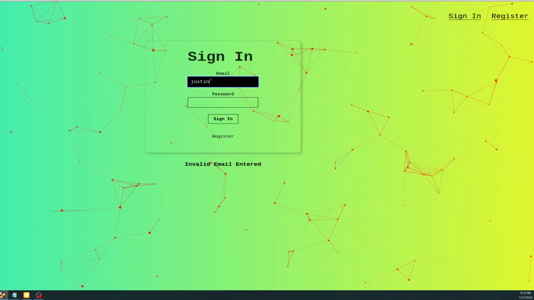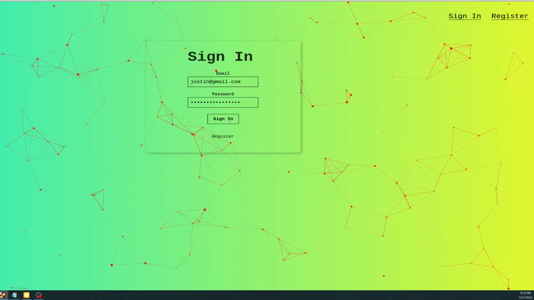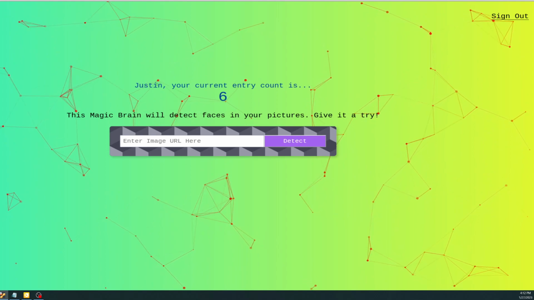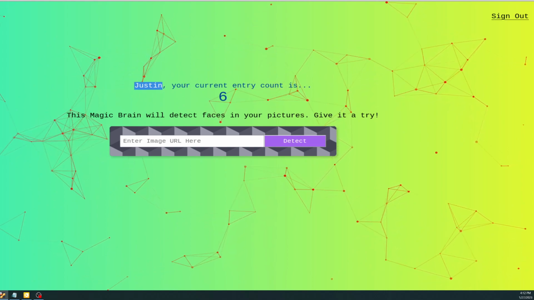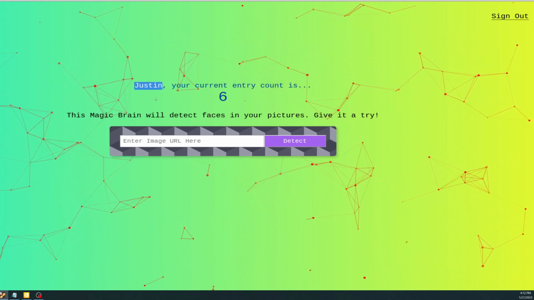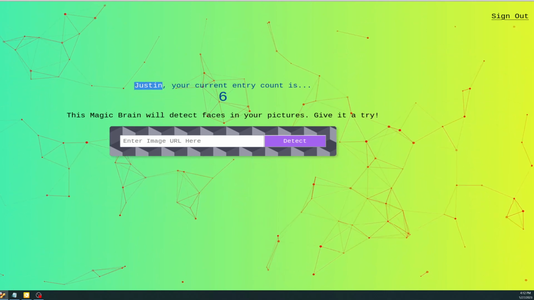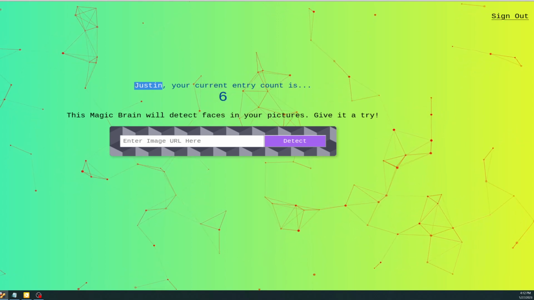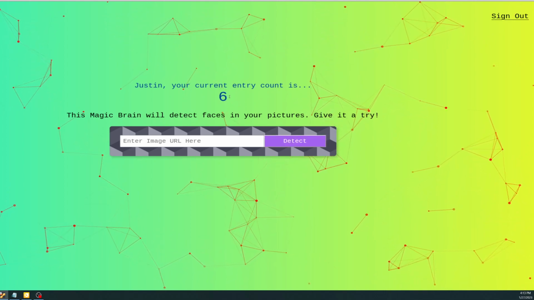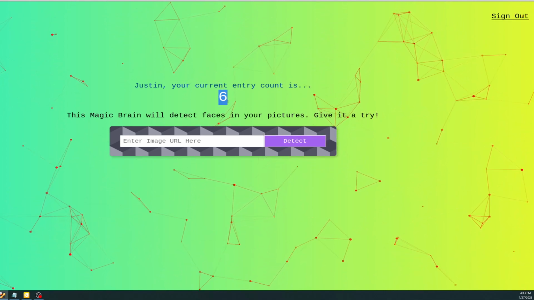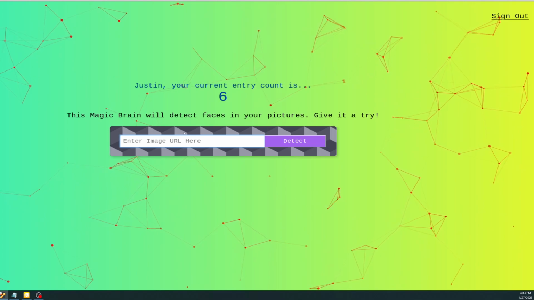So if I sign in here, I'll show you what it does. So it's grabbing my name, which is grabbing it from the backend. So it's going back to the backend server, and then the server is running a query to the database, to the users table to get my name and my count. The count is the number of face detections that have been submitted. So I've submitted 6 so far, and you put the URL of the face that you want to detect